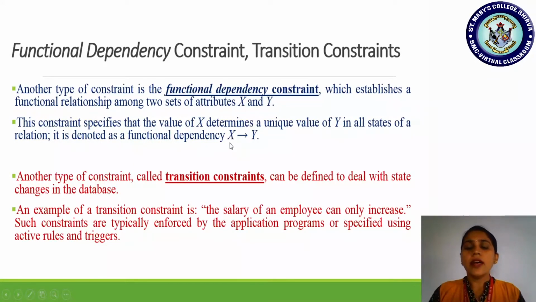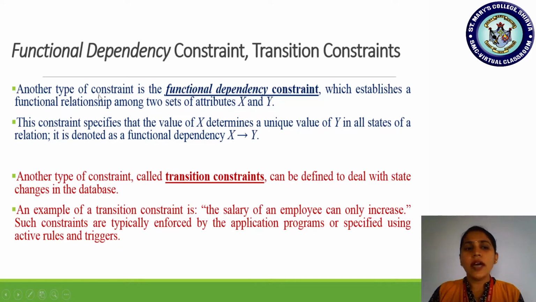For example, if we have the attribute date of birth, then age can be derived. It is a derived attribute, right? So here x is an attribute like date of birth, and the value of age can be obtained only with the help of the date of birth and the present or current date. Taking the two dates, we can derive the age. Are you all understanding?